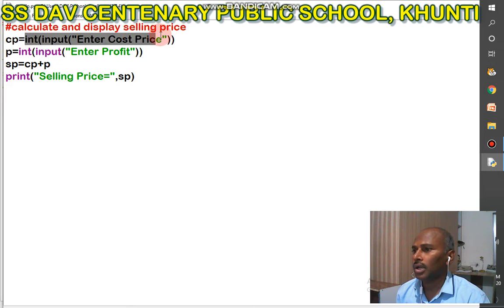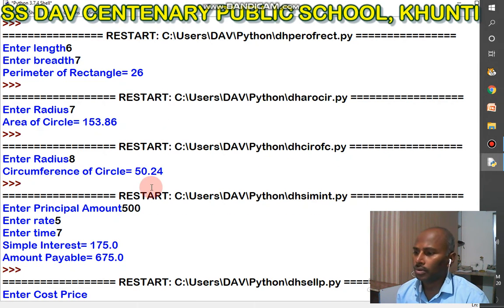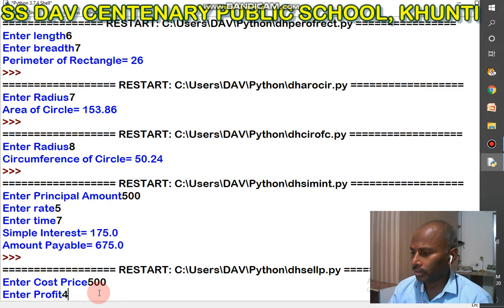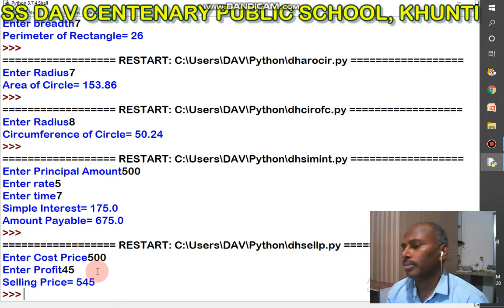In this line, I want to enter the cost price of any article stored in CP, and enter profit stored in P. Cost price plus P equal to selling price, and in this line I want to print the selling price. So I want to run this program. Cost price is 500, profit is 45, selling price is 545.